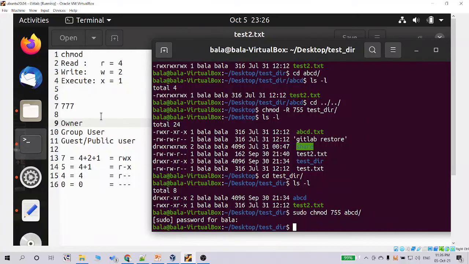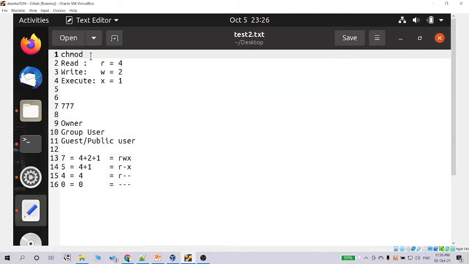Hi friends, today we will see one of the most commonly used commands, called chmod. It's nothing but change mode. We usually use this for giving permission for a folder or directory, I mean, sorry, files or directory. So for that purpose we usually use this particular command.